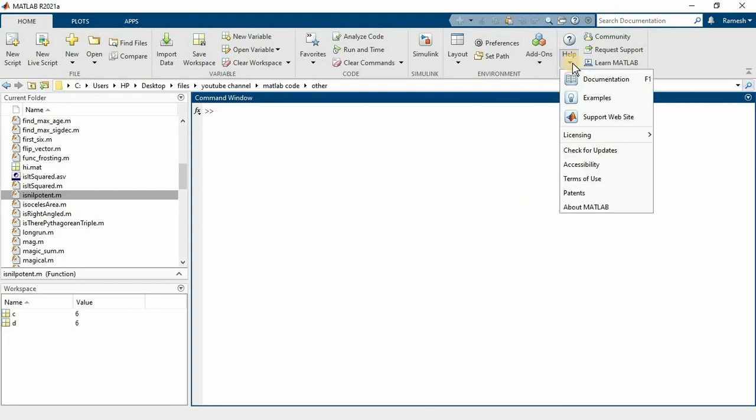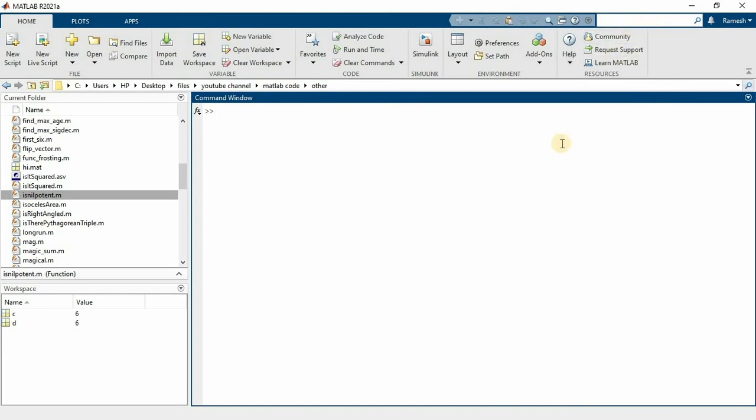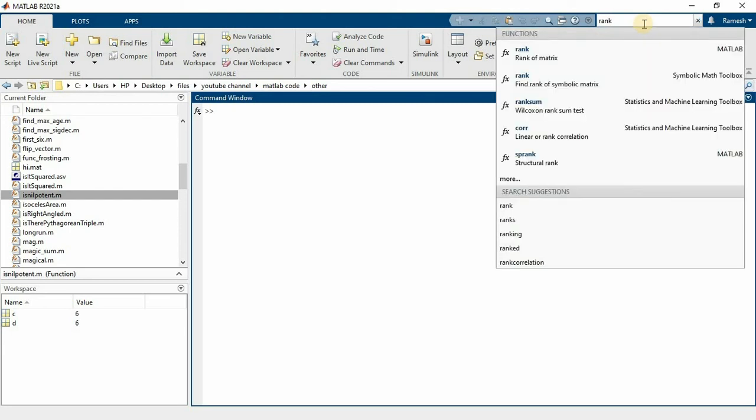Now Help. You can get help in three different ways. Clicking F1, which is the shortcut for documentation. You can directly get help through here. For example, if you know the command and want to know its syntax, say I want to know the syntax of rank, click here and type enter.